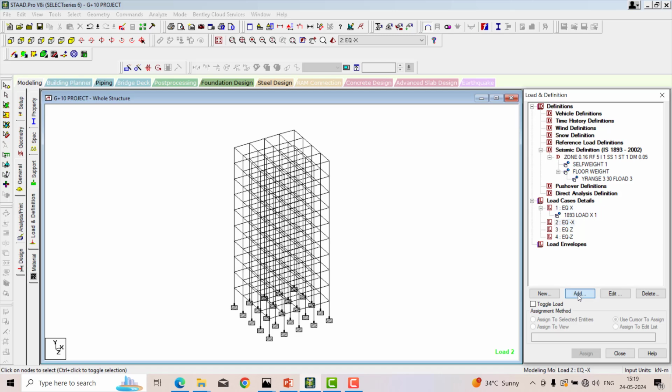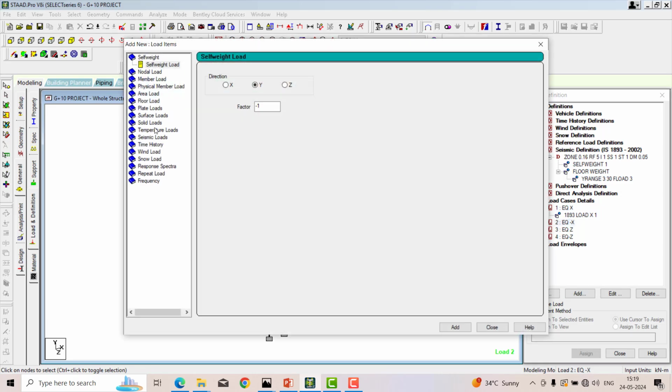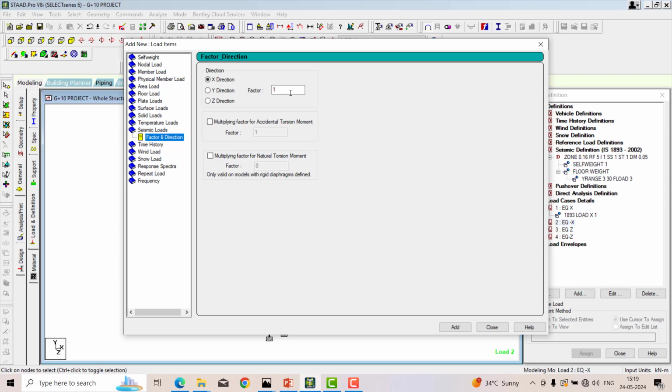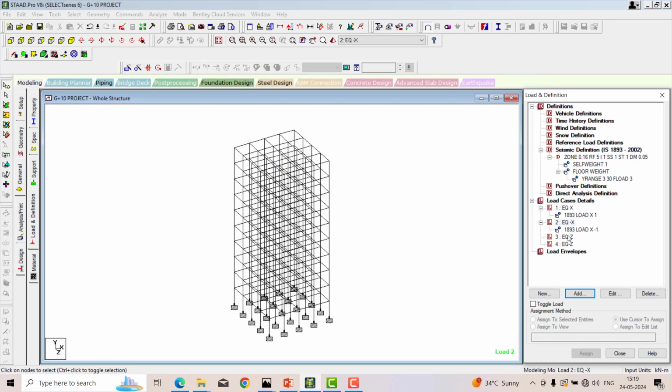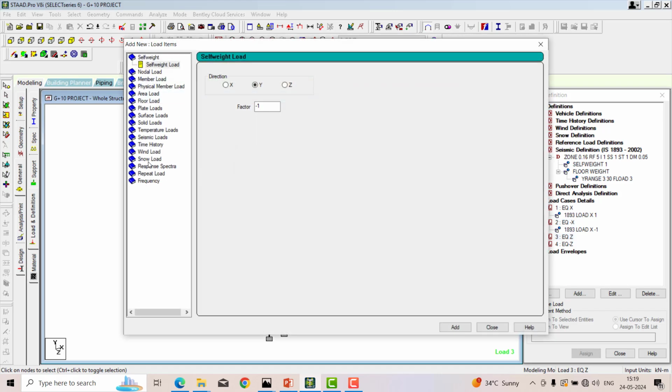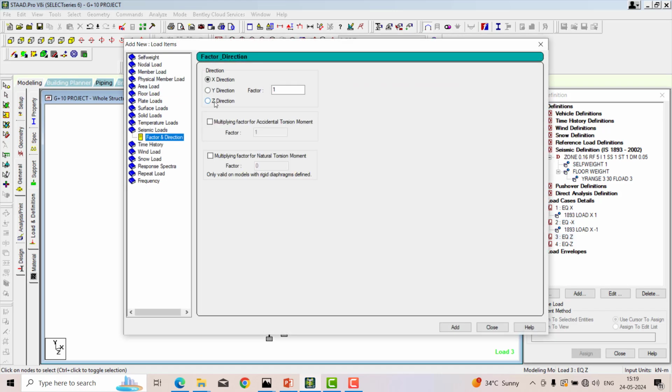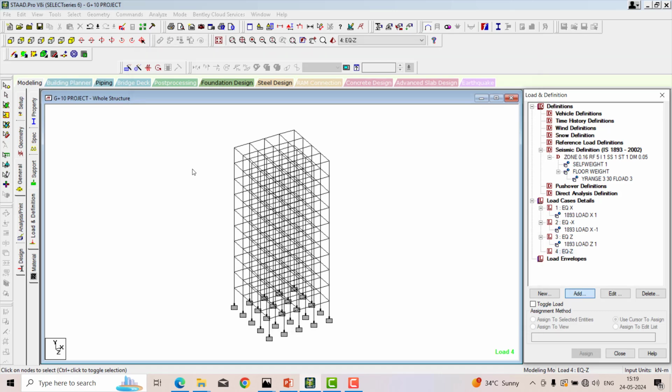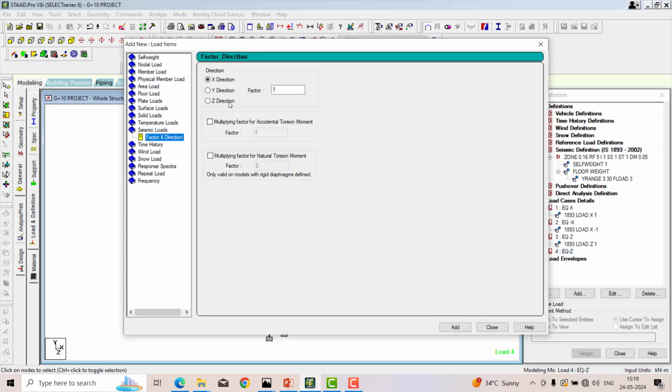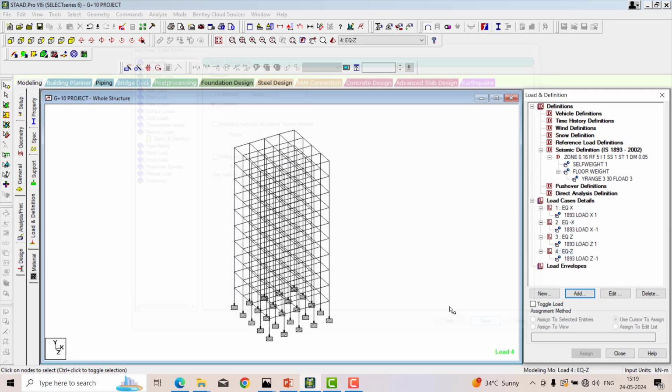For minus, same thing, seismic X and -1 value, add it. For Z, again seismic, just switch to the Z direction. For plus it is a plus value, and for minus it is minus. Put -1. Add and close. This way, now I have applied seismic load in 4 directions.